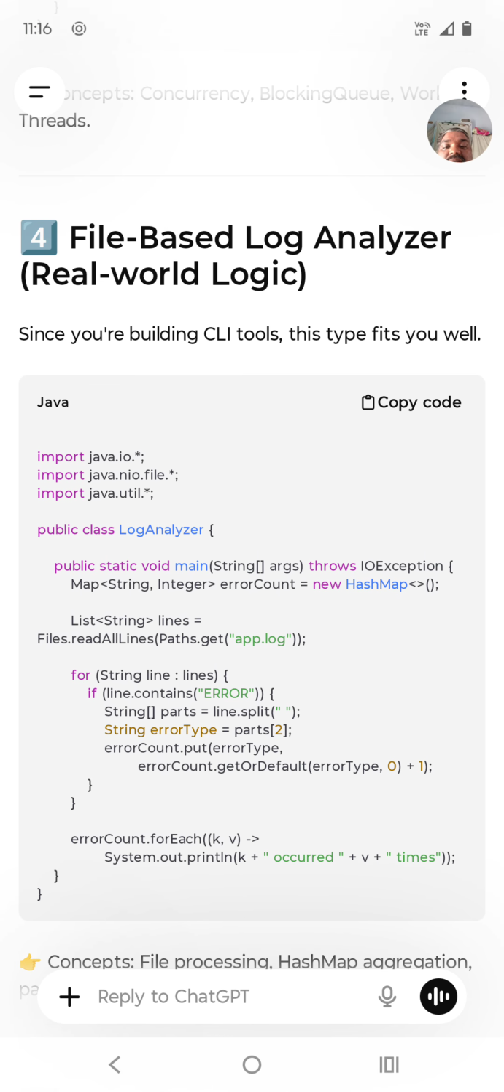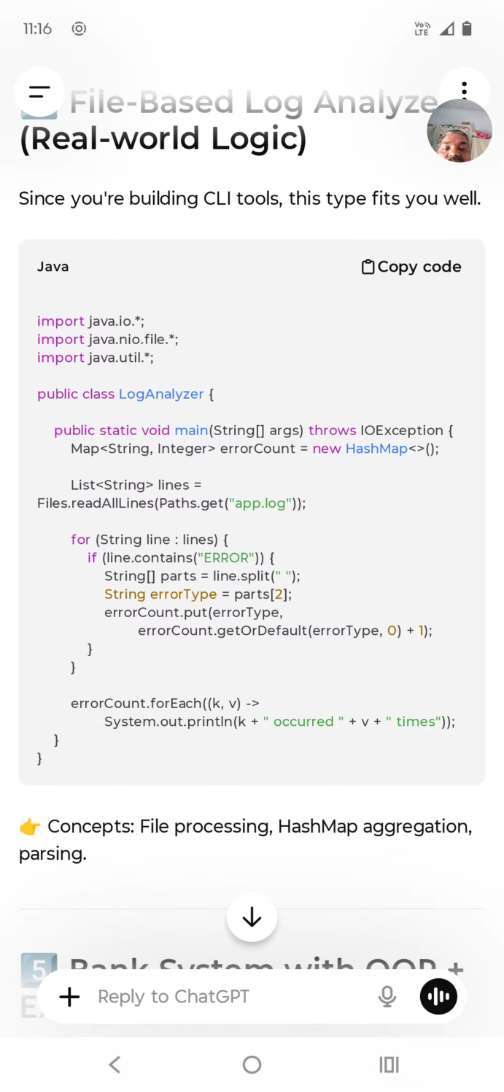Let's see. I'm going to create a simple log analyzer class file and main method. I'm going to create a hash map, a map of String comma Integer type. So the key is the string type and the value is an integer. And then you see I'm going to read